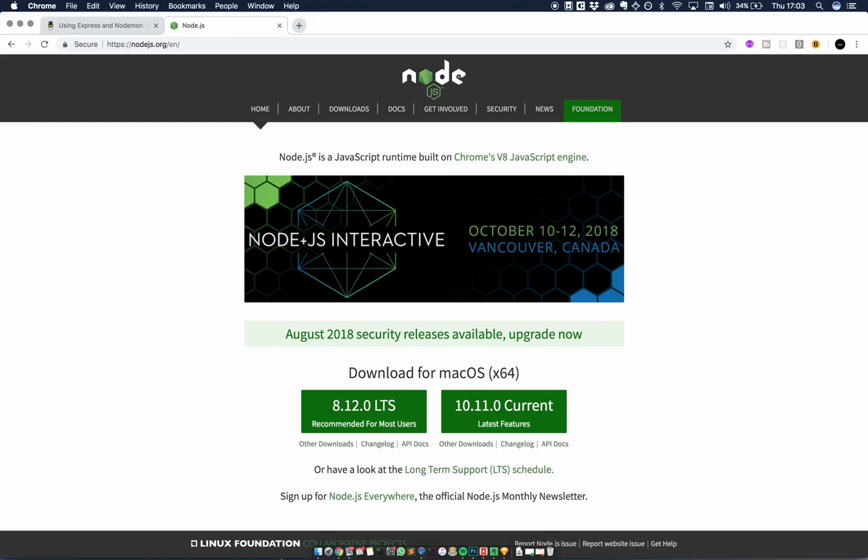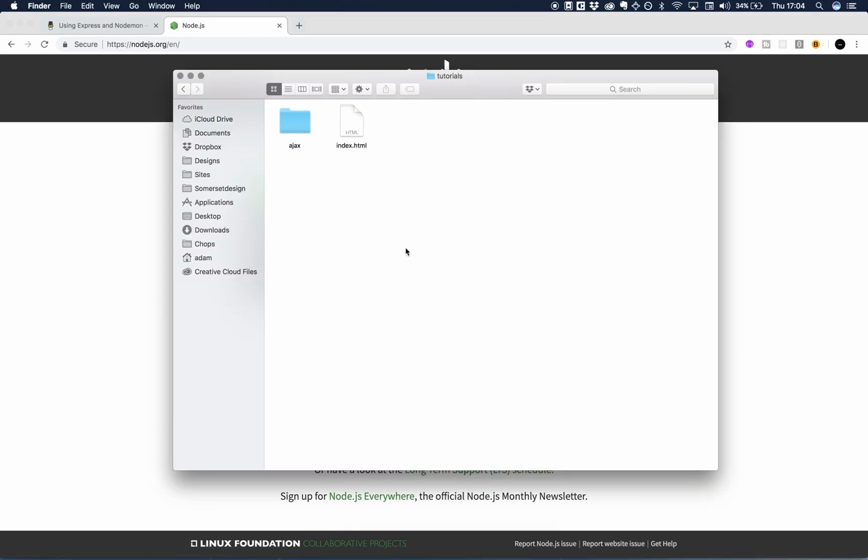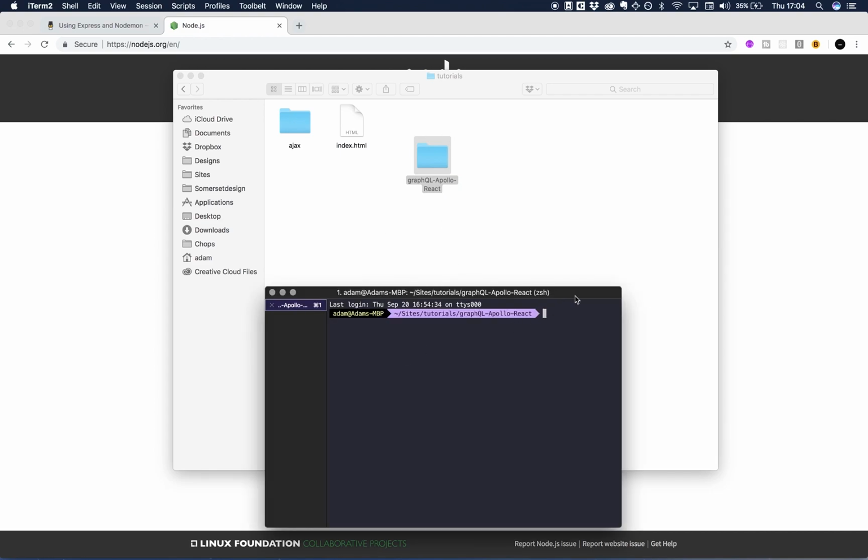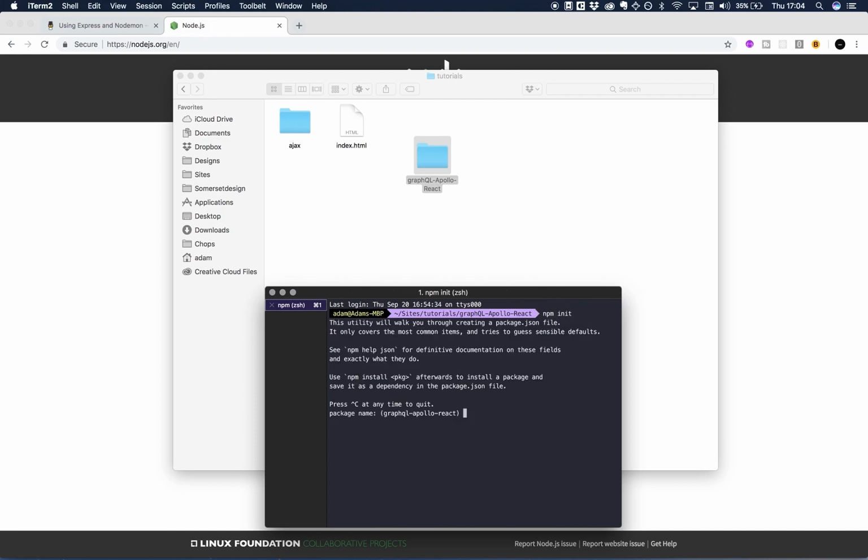Then we're going to create a folder somewhere on our computer. I've got a tutorials folder, so I'm going to make a new folder in here, call it GraphQL Polo React. I'm going to drag that into my terminal window just to open it up a bit quicker. And we're just going to initialize npm init. Going to name the package